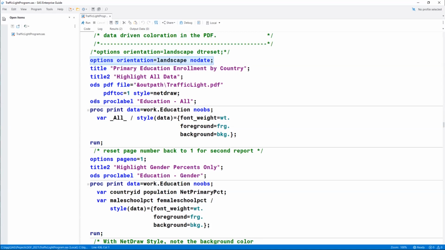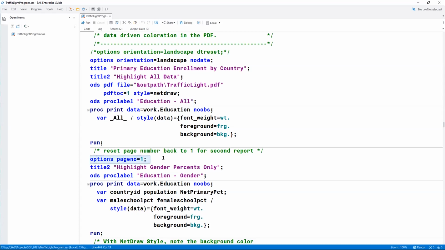Then I have a second ODS statement. This is not a destination statement. This is one that says, I want to create a label for this next running procedure of education-all. And this label for ODS output is going to go into the table of contents for the next print.